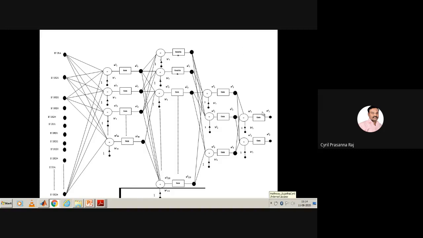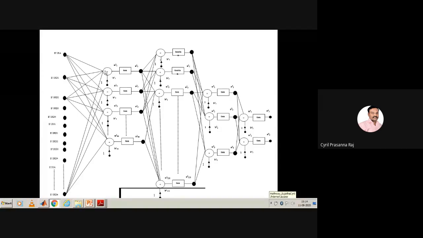So here I'm just showing you a multi-layer neural network which has n number of inputs. So we call this the input layer. This input layer may have multiple inputs. So in our case, the project we discussed yesterday, we had 1024 pixels at this point. Then each of these pixels which are available here is taken to a hidden layer here.